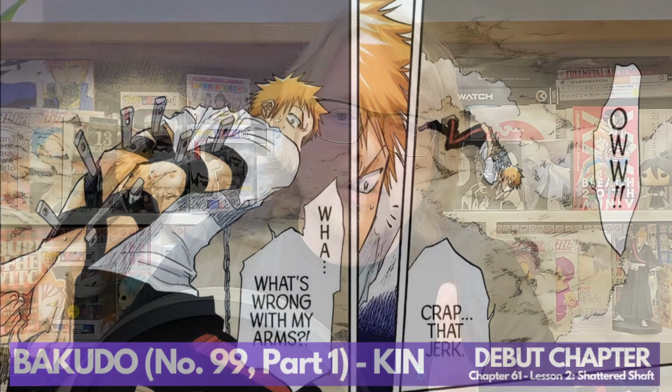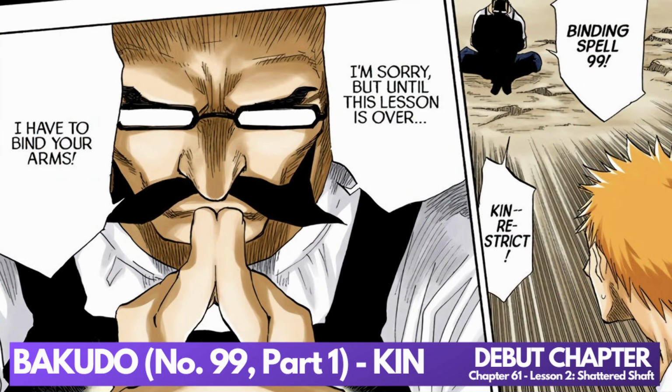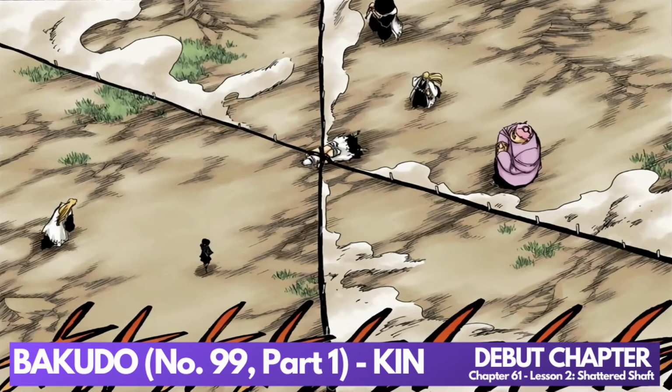Surprisingly, the next Bakudo we see in the Agent of the Shinigami arc takes us right the way to the very top of the hierarchy. In Chapter 61, Tessai Tsukubishi, who would later be revealed to be the former Kido Corps captain, uses the strongest numbered Bakudo we ever see, Bakudo 99 Part 1, Kin, in an attempt to restrain Ichigo during his Shattered Shaft training. The spell binds the target's arms behind their back, sealing them in place with bands which are then locked